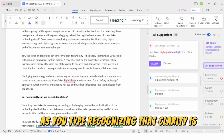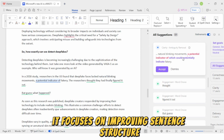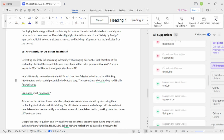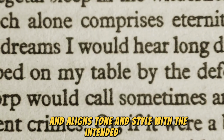Recognizing that clarity is vital for clear communication, it focuses on improving sentence structure, eliminating unnecessary words, and ensuring logical flow and coherence in the text. For effective communication, the tool suggests appropriate word choices and aligns tone and style with the intended audience or purpose